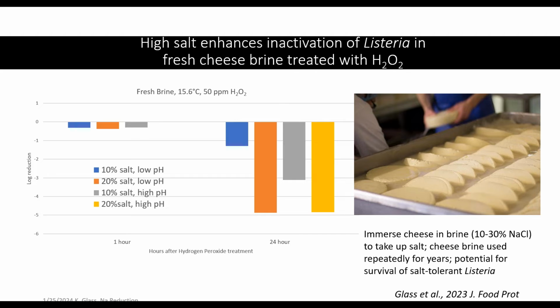Hydrogen peroxide addition has been used as a mitigation strategy because it breaks down to water and oxygen and can be easily implemented by small artisan cheesemakers. Now, we initially evaluated conditions to determine where the treatment was effective. This figure is an example of the effect of pH and brine concentration on the efficacy of hydrogen peroxide at 60 degrees Fahrenheit. Now, while 50 parts per million of hydrogen peroxide was not immediately lethal within 1 hour, Listeria was killed during prolonged exposure.